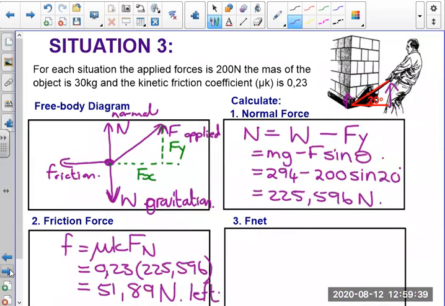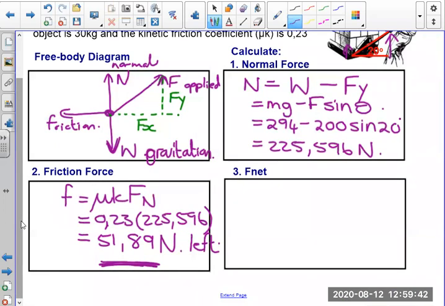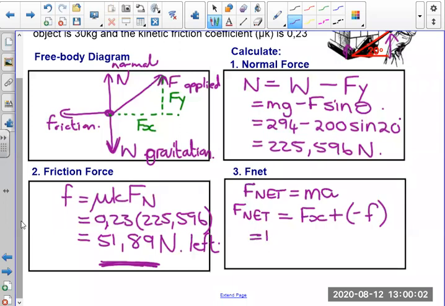The last situation, okay, and then F net. Let's quickly look at F net again. So F net, remember, we start with F net equals M times A. Now, because I want F net, I'm going to say the forward force, in this case again, is the Fx, the X component, plus minus the friction force. How do we work out the X component? It is F cos theta minus friction. So when I substitute in there, it's 200, again 200 cos 20, and the friction force is then going to be